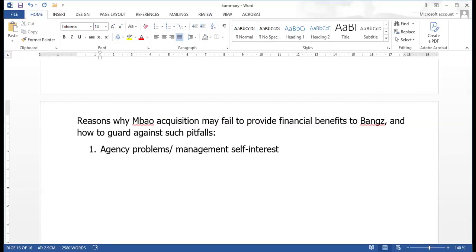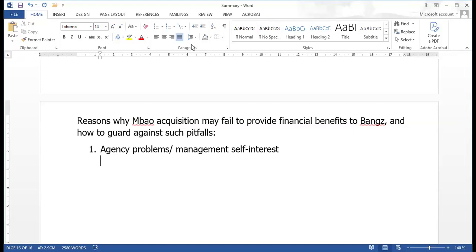How? The agency theory suggests that managers may sometimes make decisions that promote their own interests rather than those of the shareholders. You may find that managers of Vaganzi